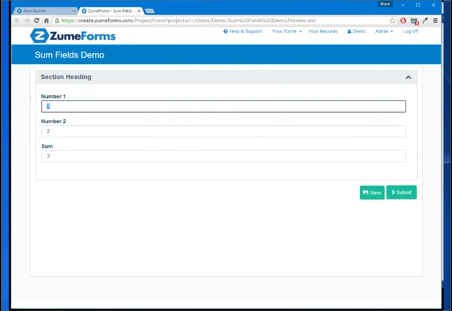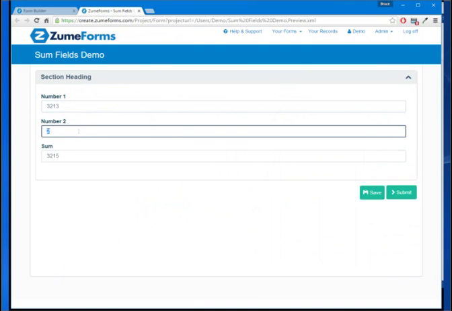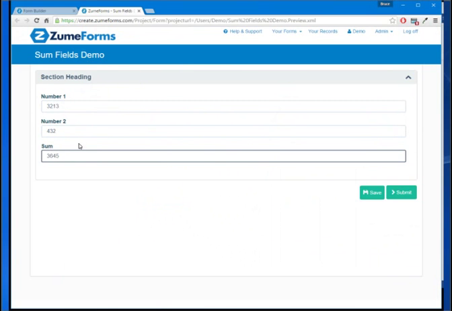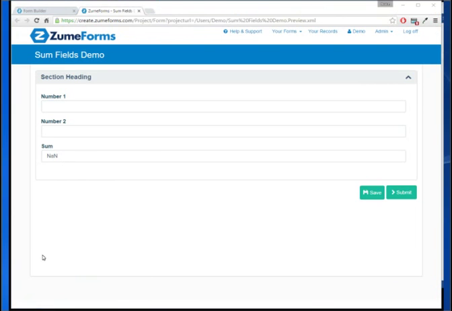Cool. Now we can add numbers in here. 3213, 432, yep, which is 3645. It's also worth noting, when you come in, there's a thing called an NaN. NaN in computing terms means not a number. It's pretty straightforward. So let's tidy this form up a little bit so it doesn't show the scary NaN message